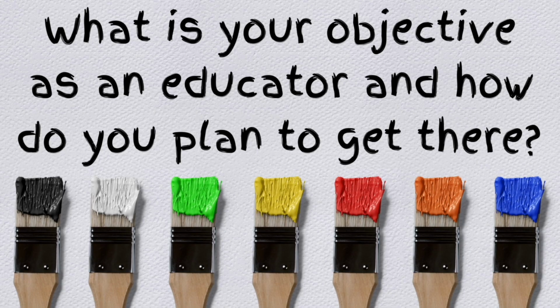Last question. So we've talked about lesson plans, materials, courses. There's only one more design I want to think about, and that is you. What is your objective as an educator, and how do you plan to get there? Sometimes we spend so much time thinking about our students, our classes, we forget about ourselves, our own aspirations, our own goals, our own objectives. What is your objective as an educator? How do you plan to get there? Talk to your group for 5 minutes for the final time.